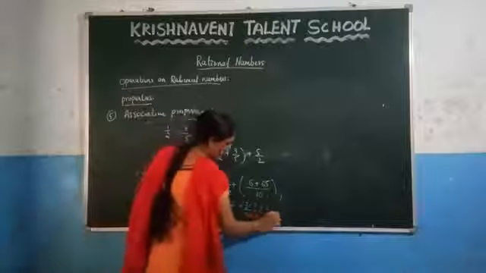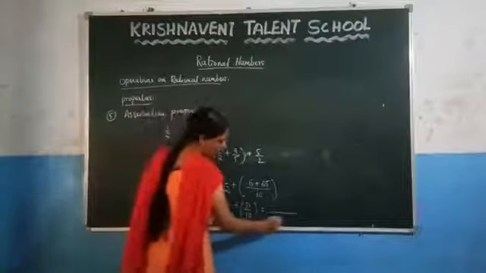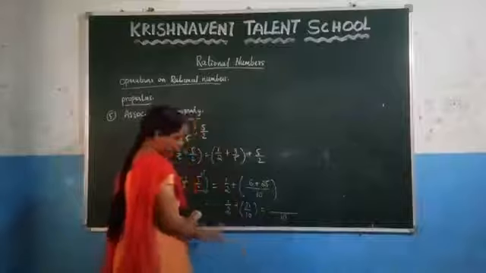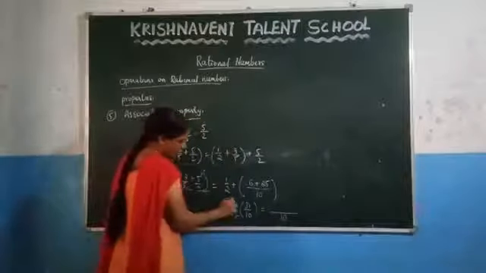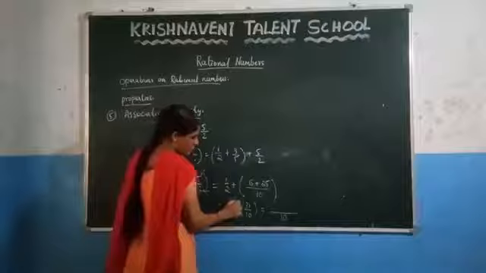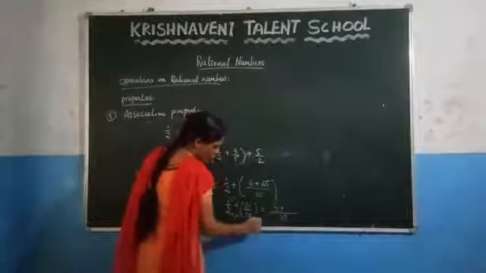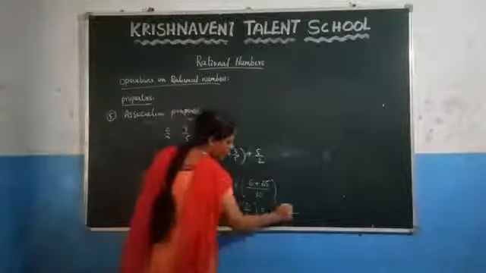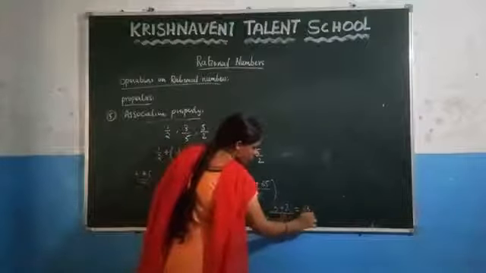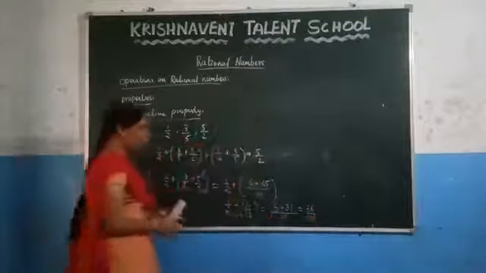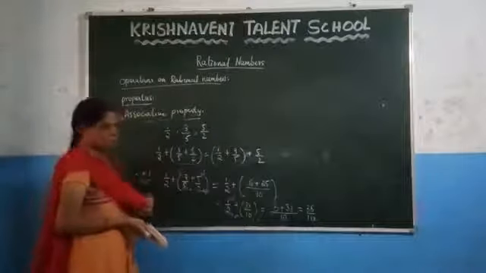Here again you have to take the LCM of 2 and 10. What is the LCM of 2 and 10? Which is 10. Here which number do you have to multiply? 5. So here also you have to multiply with 5. 1 into 5 is 5. Since here the denominator is 10, you have to multiply it with 1. What are you getting here? 31 plus 5 is 36/10. After solving LHS, you are getting the result as 36/10.